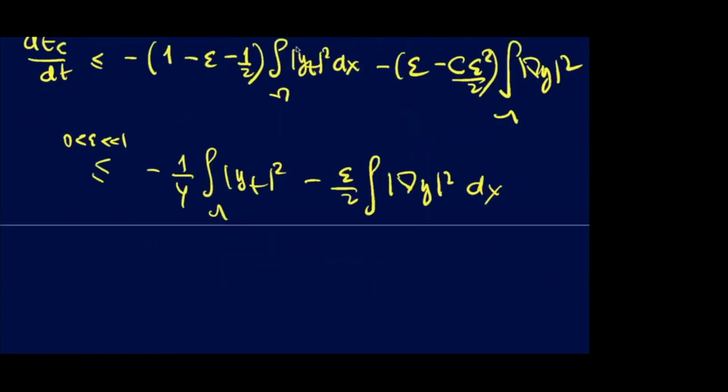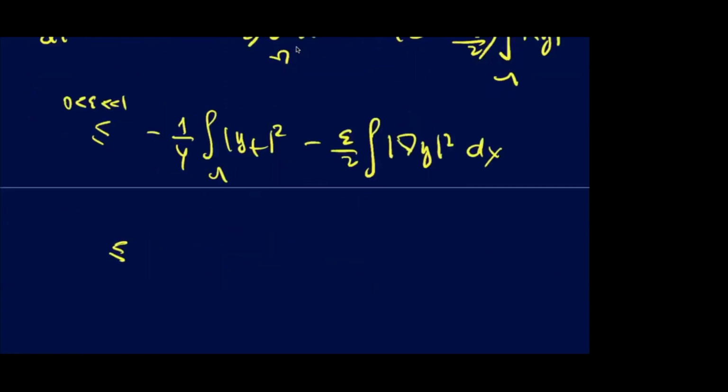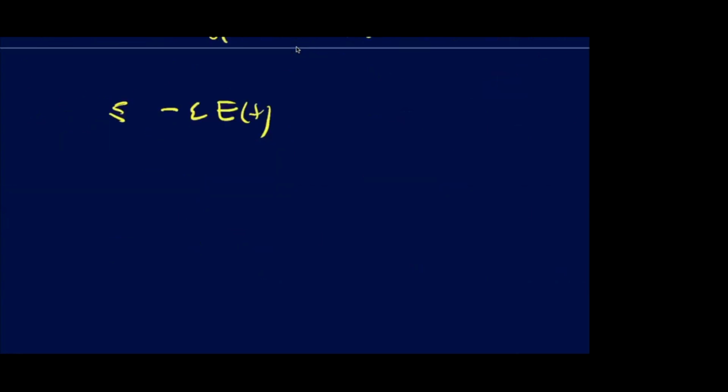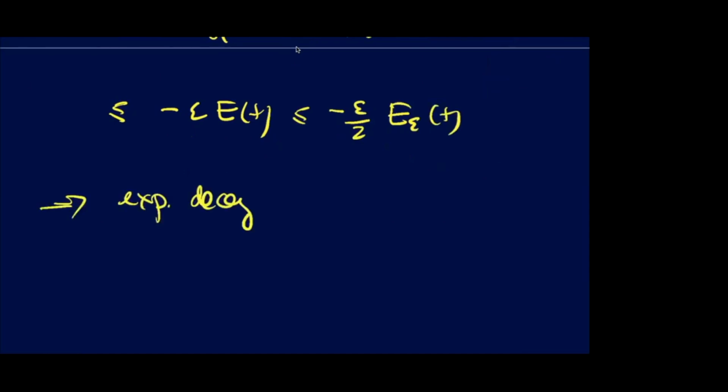And this will be certainly less than minus epsilon times the energy, okay? And this is less than minus epsilon over 2 times E epsilon of t, and this immediately implies the exponential decay of E epsilon and therefore